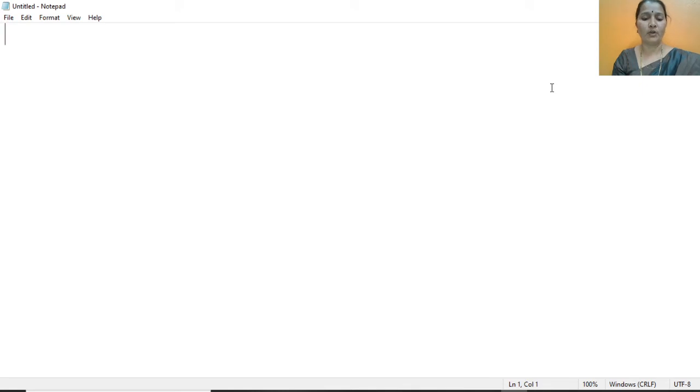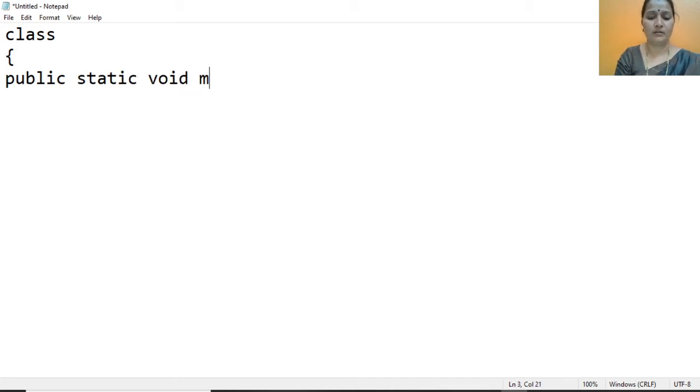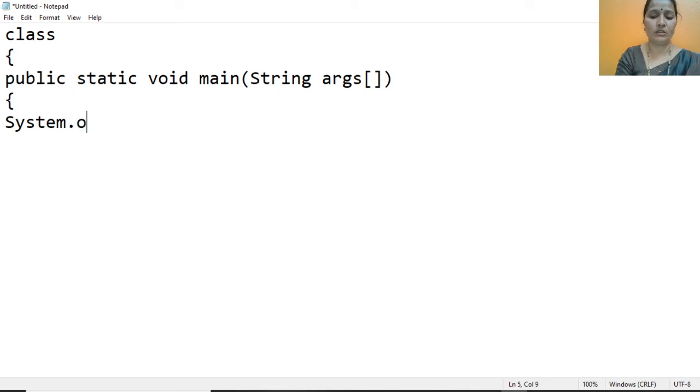I will write a simple Java program, that is class, opening braces, and write here public static void main, String is capital S, String args, and close, no semicolon for this line, and opening braces, write here System.out.println, and you have to write here Hello, and close the bracket and give the semicolon and close with 2 flower brackets.